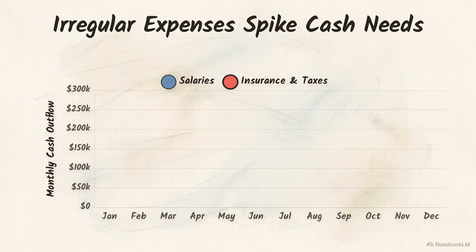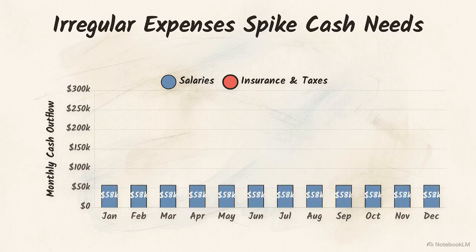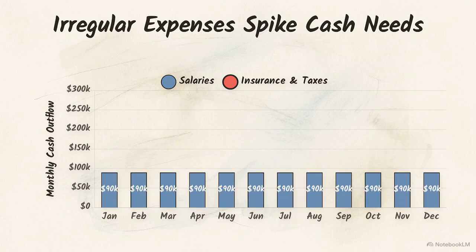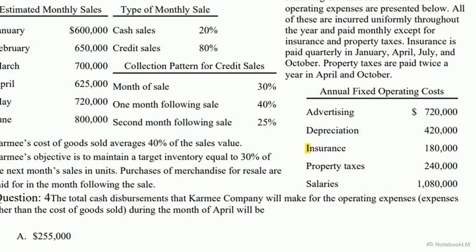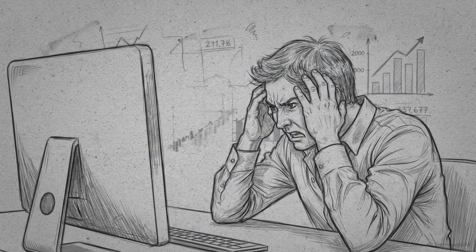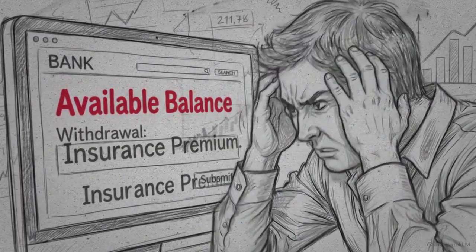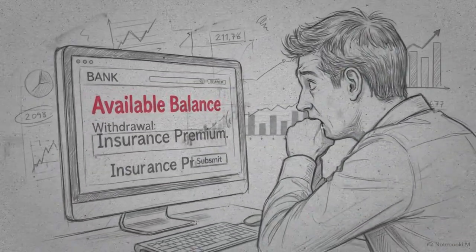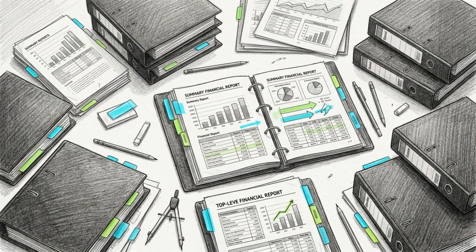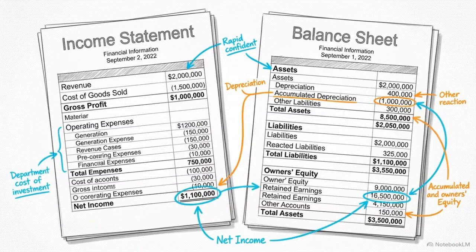The remaining costs must be categorized by their payment frequency. Salaries typically represent an evenly distributed monthly expense. Items like insurance and property taxes hit the budget in large, irregular lumps. For the $18,000 annual insurance expense, the contract terms dictate strict quarterly payments hitting in January, April, July, and October. Failing to isolate these targeted quarterly hits results in an artificially smooth forecast, leaving the company unprepared for sudden cash drains. When building a top-down master budget from high-level projections, analysts must also adjust for changes in working capital accounts